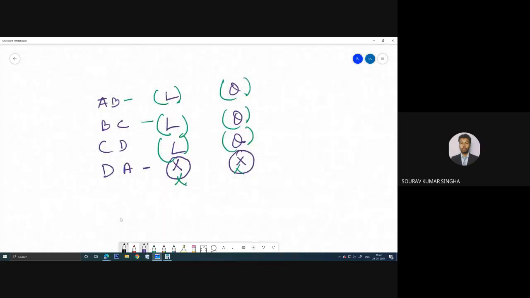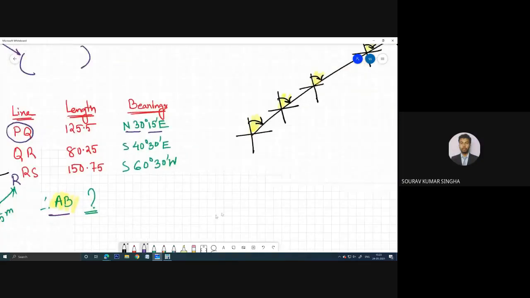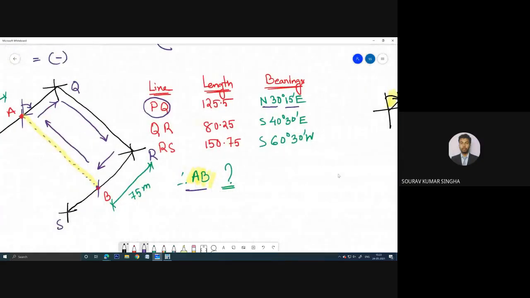Suppose this is the line AB, so you got this theta, and L is also known. Similarly, BC, L known, theta known, CD known, theta known. The angle will stay the same, exactly, because this is the reduced bearing system. In the reduced bearing system the angle stays the same. North east, the dimension is given, the direction is also given, the quadrant, and this is the angle 30 degree 15 minutes.